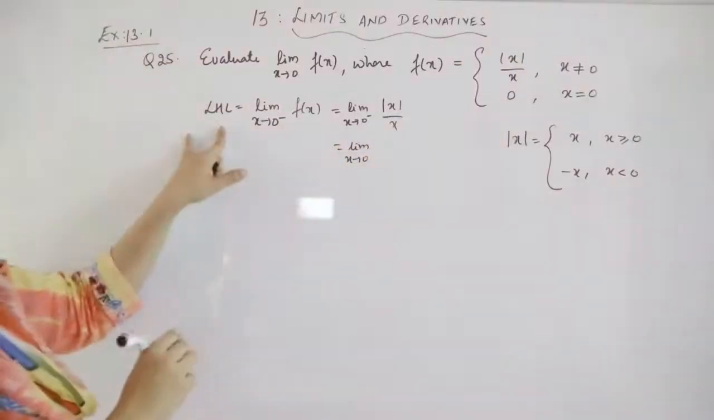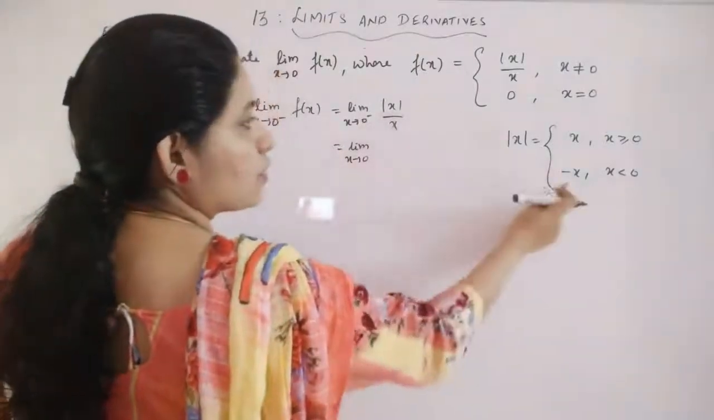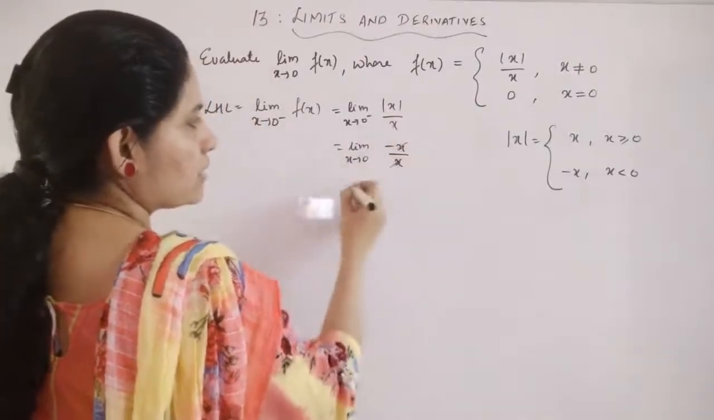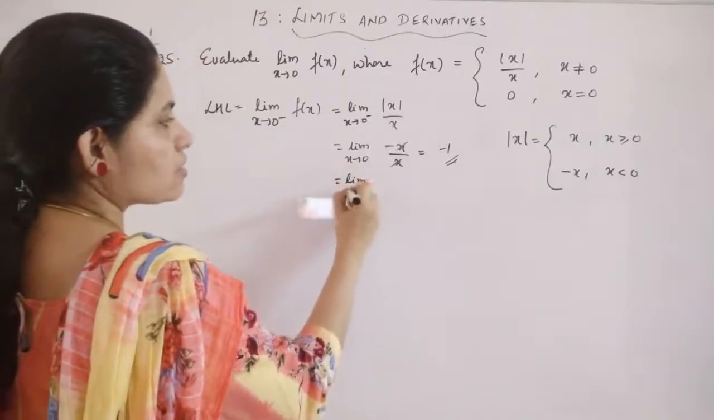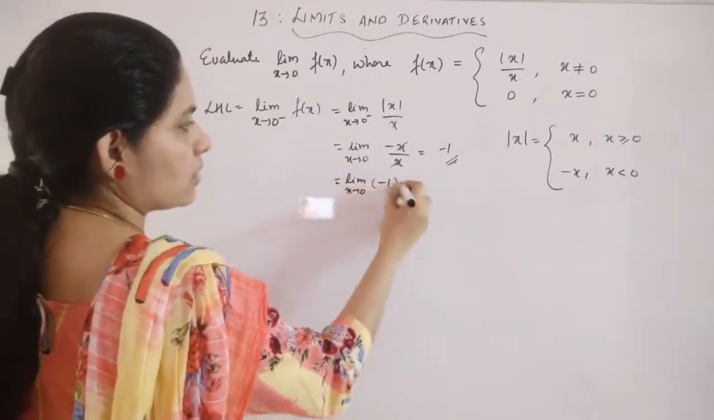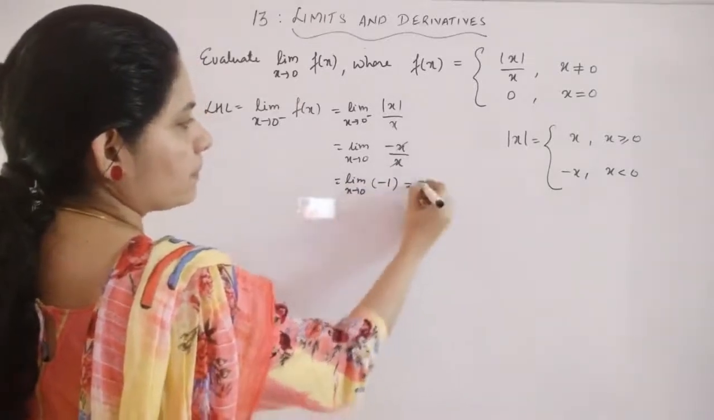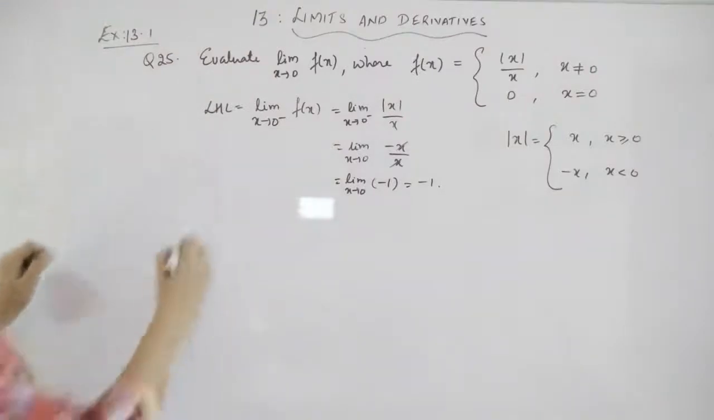If it is the left hand limit, that is, x is less than 0, you have to replace the mod x value with minus x, so that mod x by x gives minus 1. So you are left with limit x tends to 0 of minus 1. That will not be affected, because you don't have any x value, so the value is minus 1 for the left hand limit. Now for the right hand limit,